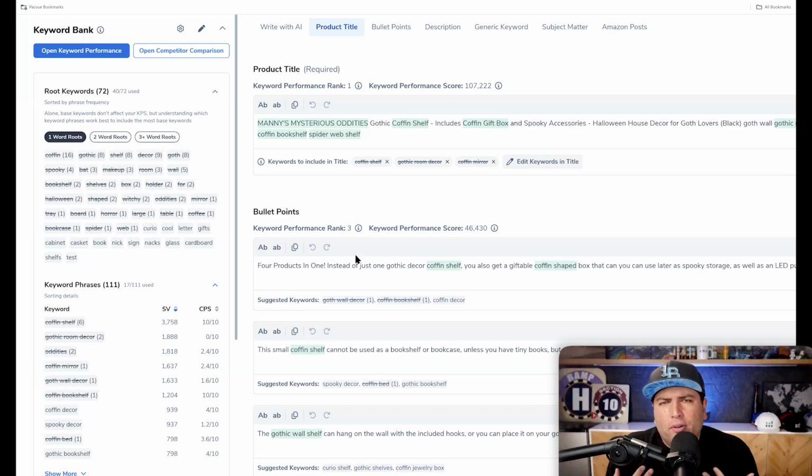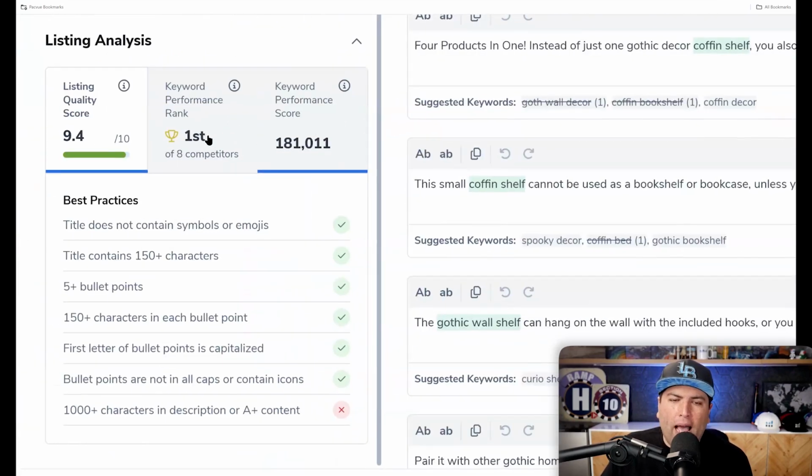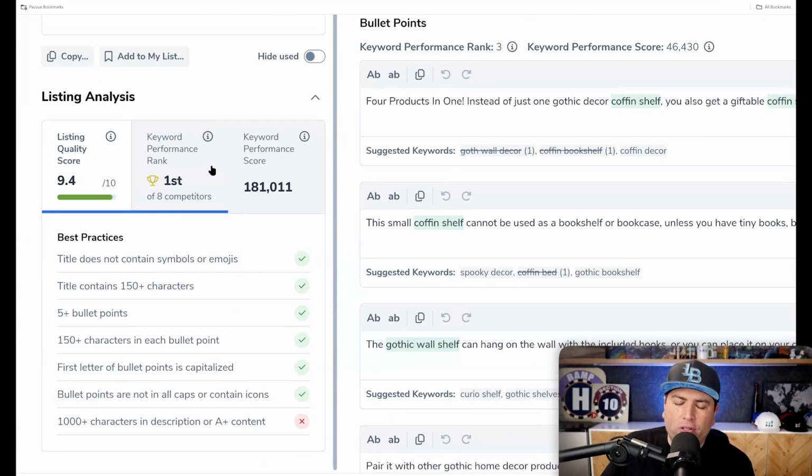Again, I'm not going to sit here and say, "Oh, I know the Amazon algorithm." No, I don't. Unless you work at Amazon, and I bet even people at Amazon don't know the algorithm. But I tried to get as close as possible to what is actually affecting the SEO on Amazon. And based on that, now here at the bottom, I can add my competitors.